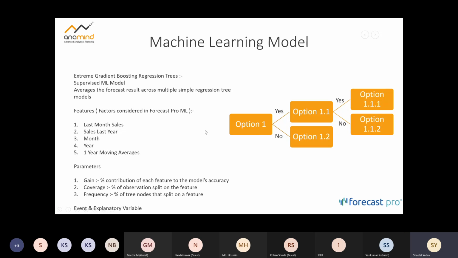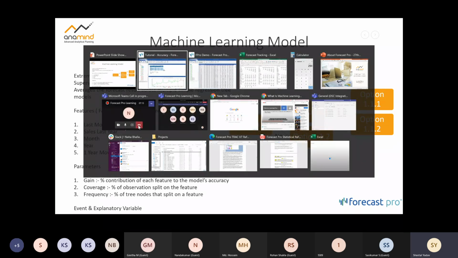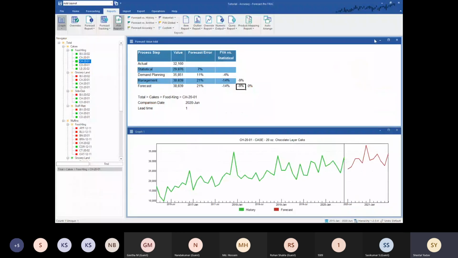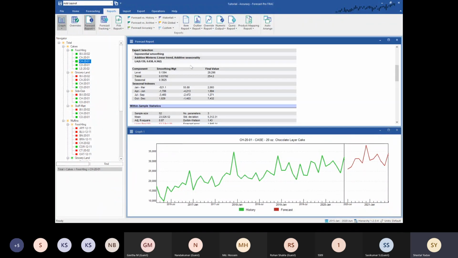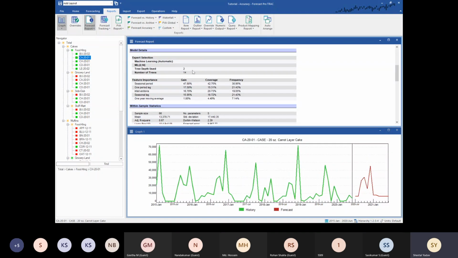I've told you at a very high level just to give you an understanding of how the solution is trying to calculate all of these factors, how the system is incorporating these factors to calculate the forecast for each of those months. I'll also walk you through one of the examples, very quickly. You can look at the forecast report. I'm going to look at this method.